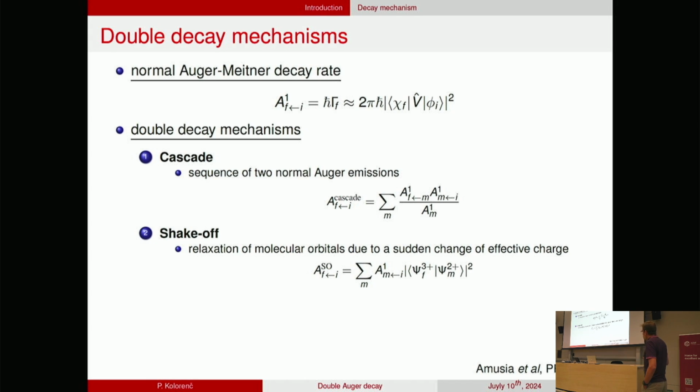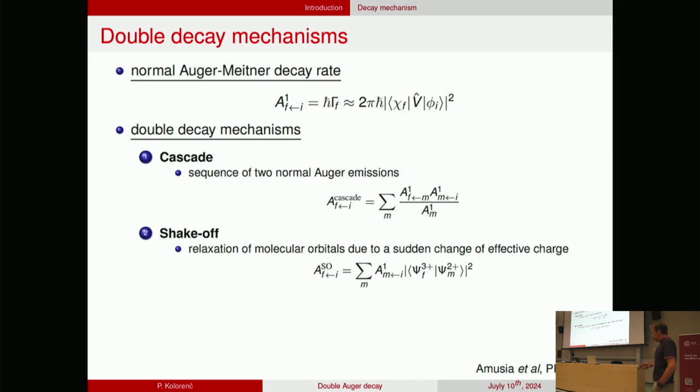And in this process, in contrast to the normal Auger and to the cascade, instead of having discrete lines in the spectrum, here you will have continuous energy sharing between the 2 electrons, but specifically for shake-off, 1 electron will be very fast and